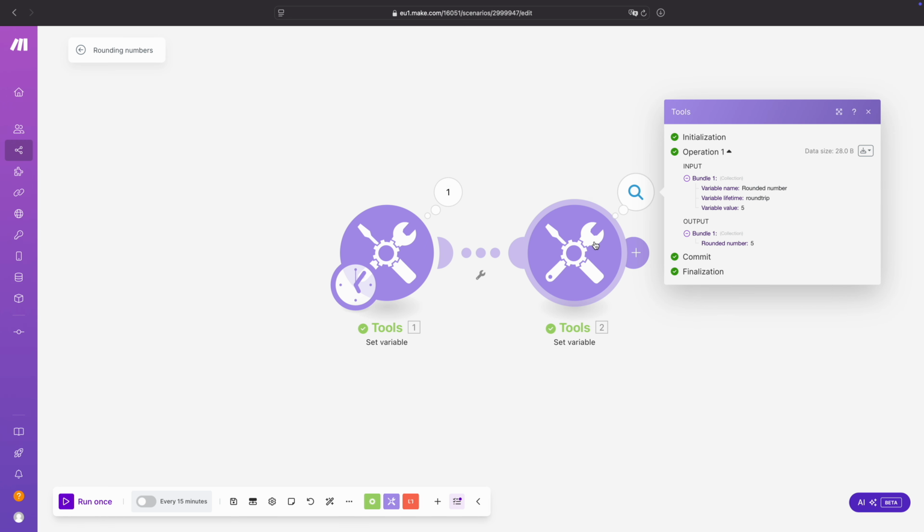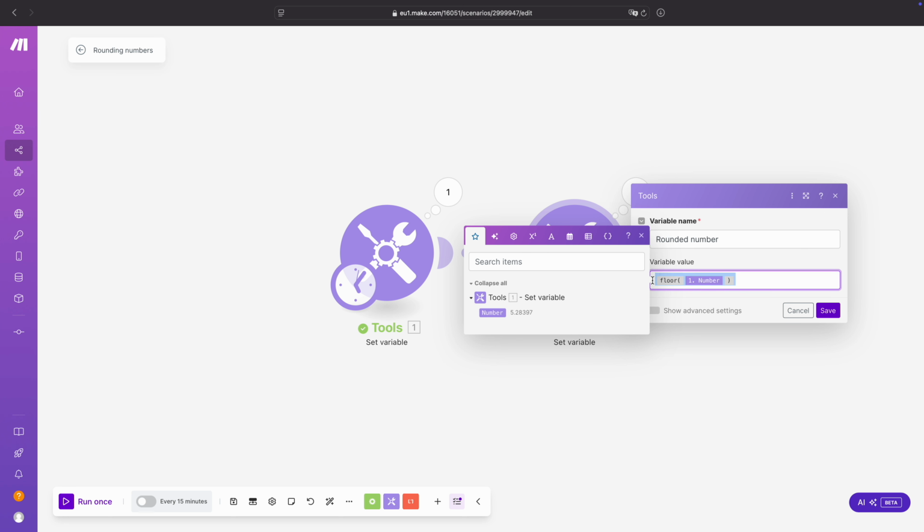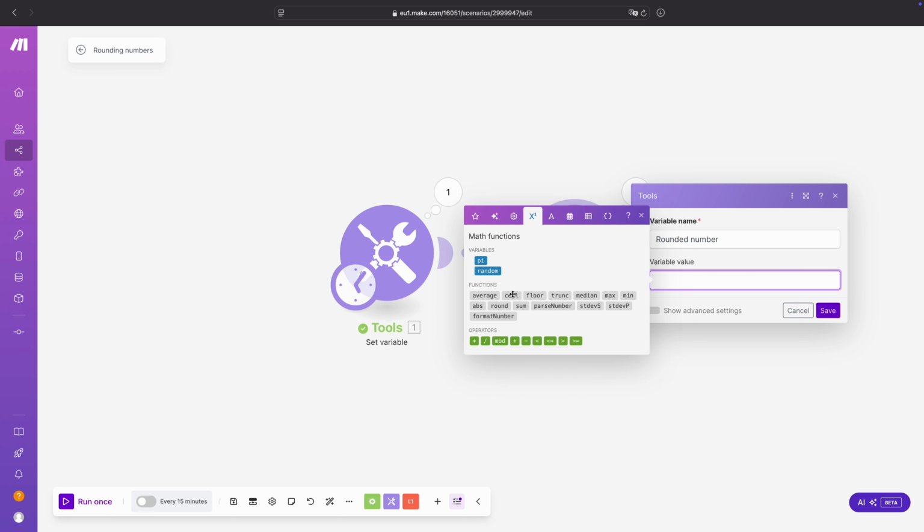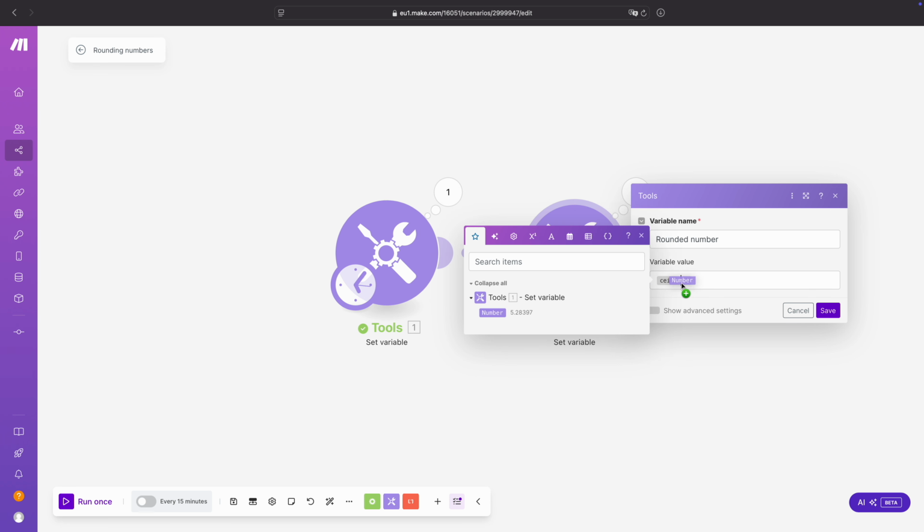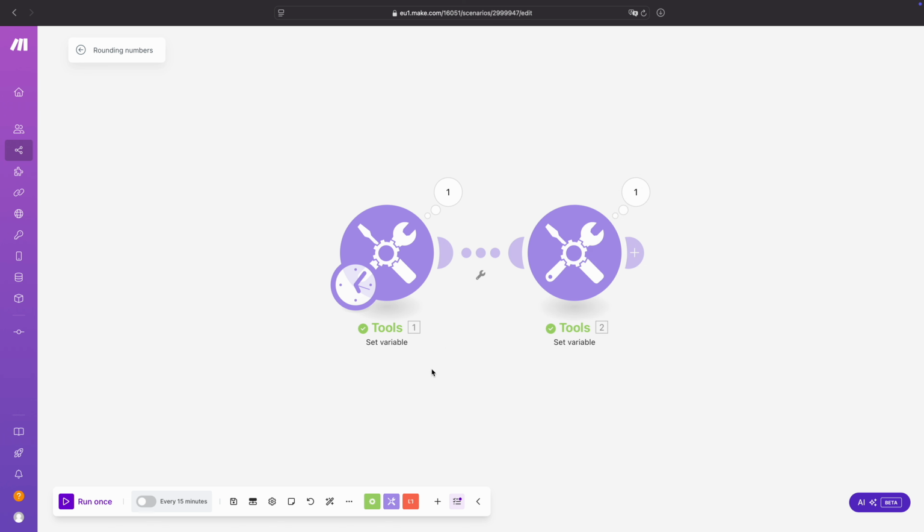Now the opposite of a floor here is ceil. So ceil, it also explains it here, ceil returns the smallest integer greater than or equal to the specified number. So we have ceil. We put this in here and then I click save again, click run once.